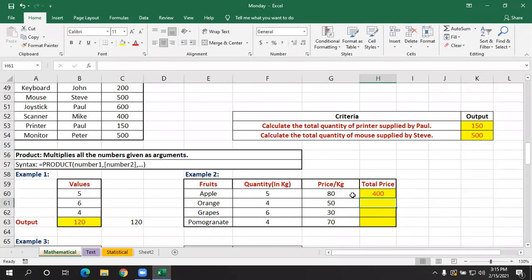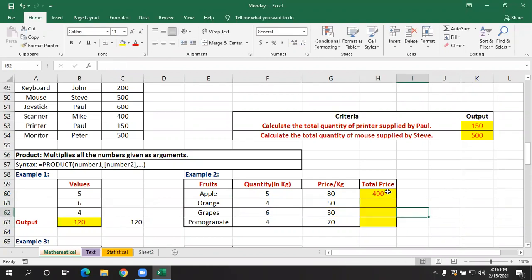If you press enter, it shows 400, because 5 into 80 is 400. In a similar manner, if you come to the corner of the cell, you can see the thin plus symbol. You can click and drag down, so it fills the result for the other range. See, F61 into G61, like this.